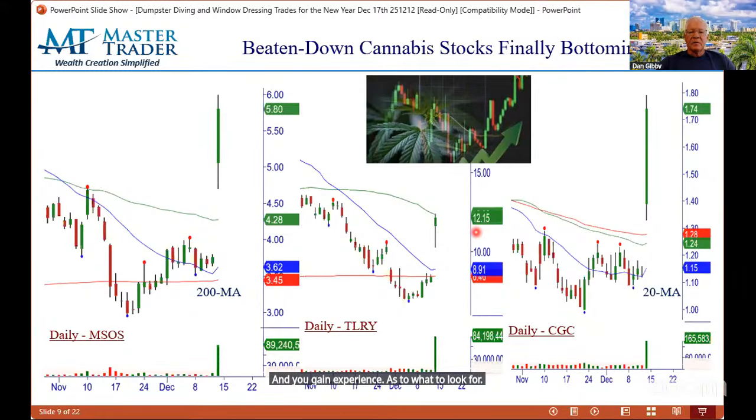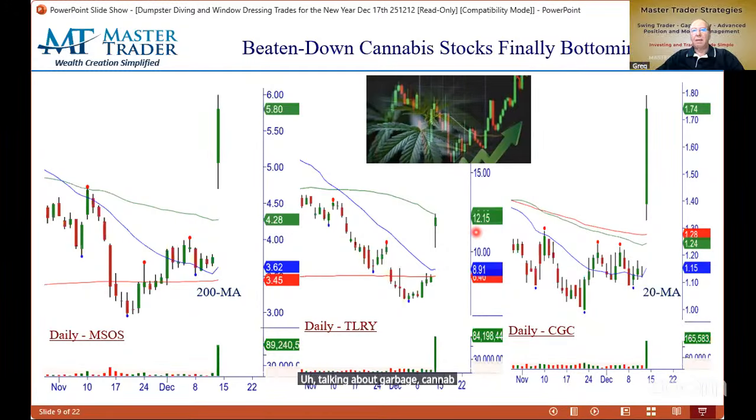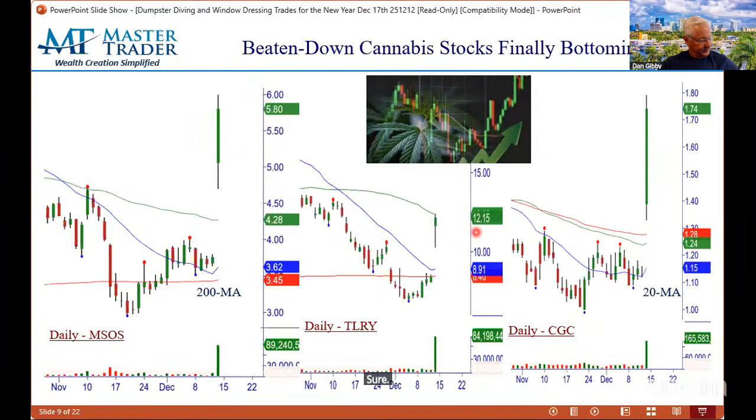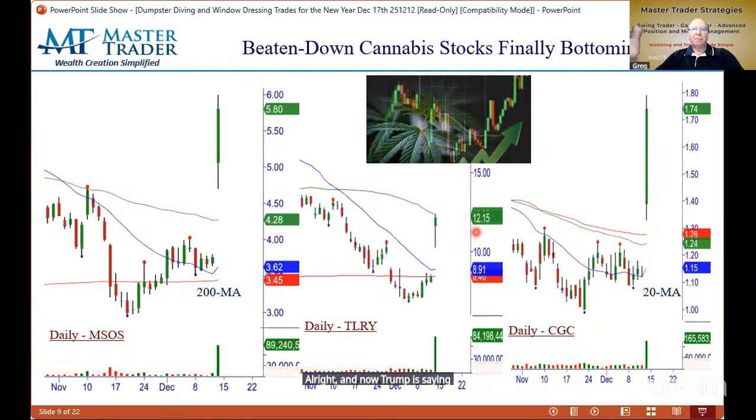Talking about garbage, cannabis. And remember, about a year or so ago, or 2 years ago, the Biden administration was talking about legalizing, and it spiked up and then it crashed again. They were just talking, they didn't do anything. And now Trump is saying something about de-escalating, or I don't know the right word,